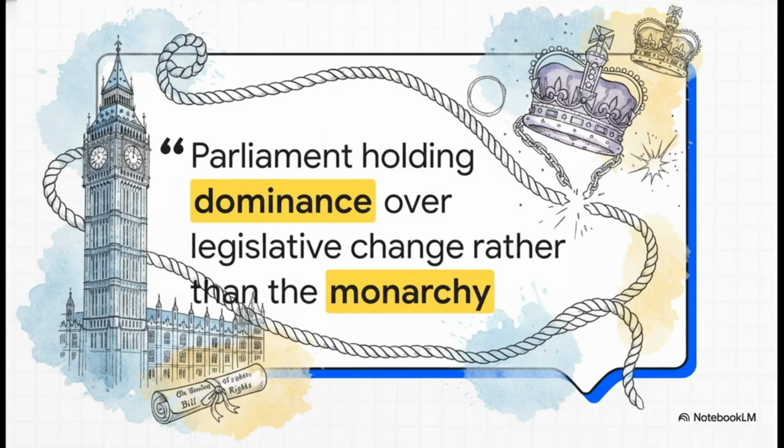So the crucial point here is that this violent tug-of-war eventually had a definitive winner. The Glorious Revolution of 1688 deposed yet another king, James II, and led directly to the 1689 Bill of Rights. This permanently shifted the balance of power, putting Parliament firmly in dominance over the monarchy. It essentially established the exact constitutional framework that England still operates under right now.